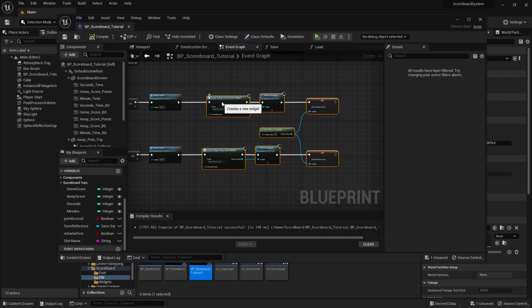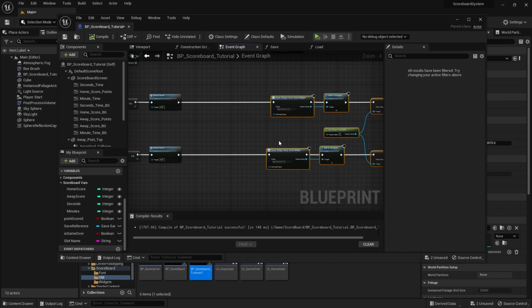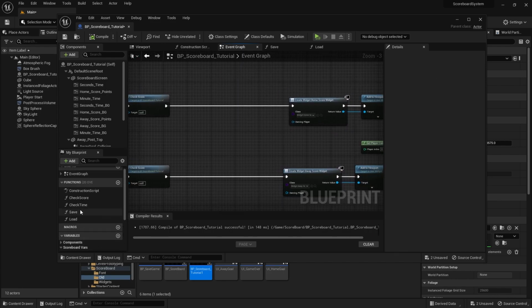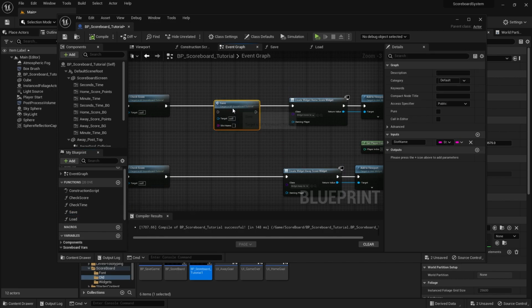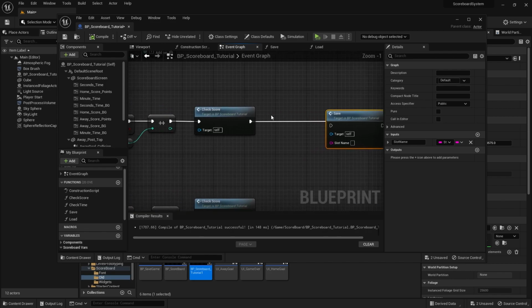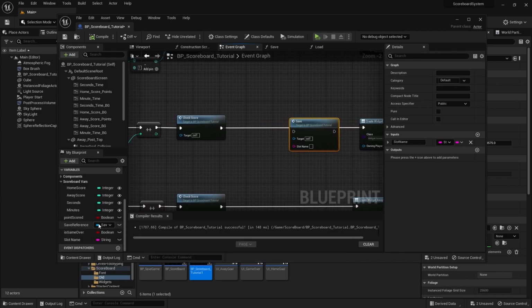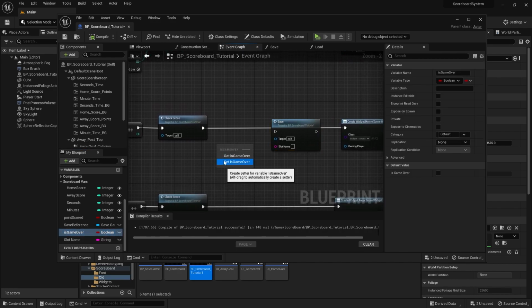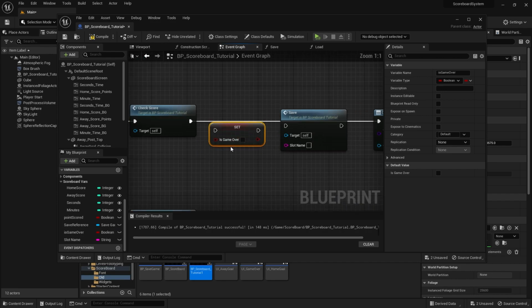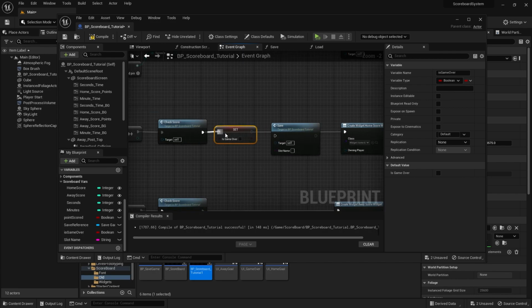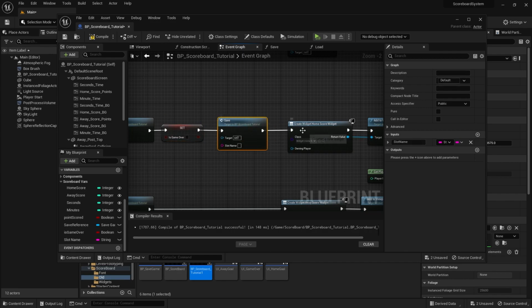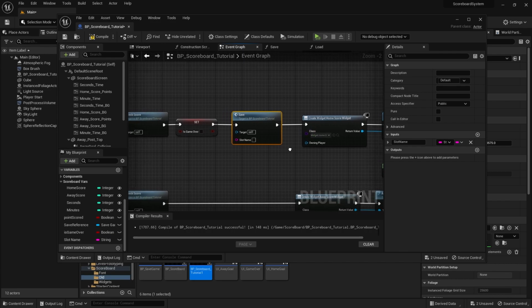So what I will do is first I will create more space for myself by dragging all the nodes behind to a farther place, and then from here I'm going to drag in our save function. And then because we need to check if it's game over or not, we can set the game over into unchecked. So then we will need this to tell the game that it's not game over. So don't reset all the scores yet. So let's plug that into the executable, and then put the save into the widget over here.